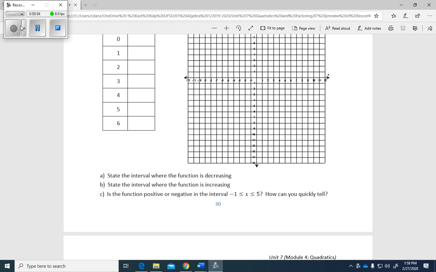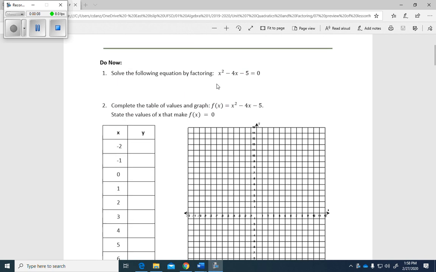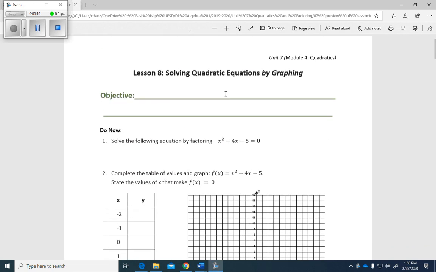So just want to give you a preview of what's to come tomorrow. Tomorrow we will be on lesson 8 and we're going to be solving quadratic equations by graphing. So we're back to graphing. We will be using our graphing calculator and